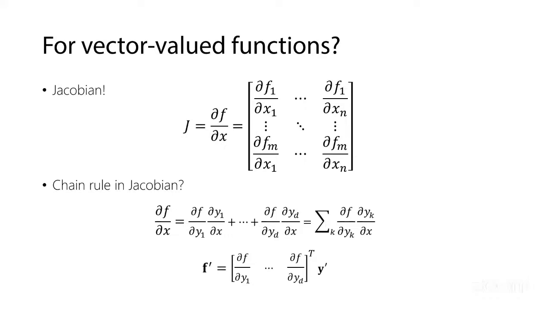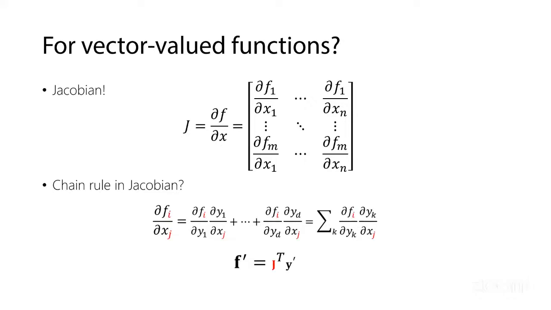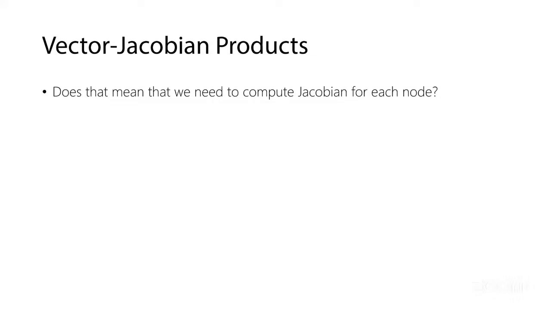Jacobian being simply the stack of gradients, the same properties will apply. The chain rule still holds true, except that now we have more indices and more terms, so you need to be a little more careful. But the same principle holds true over here. Now, one of the practical considerations over here is, in case you have a vector valued function,